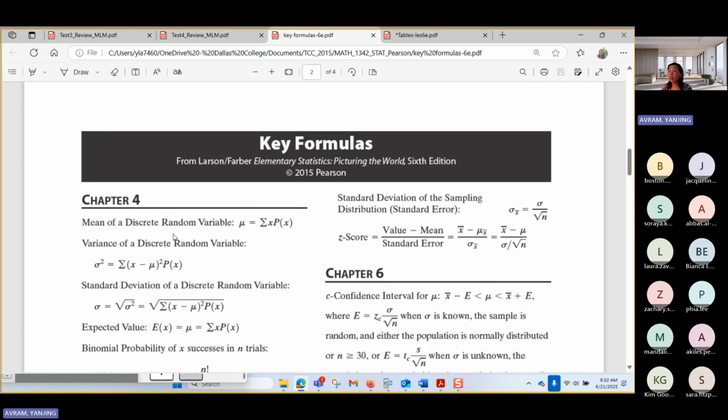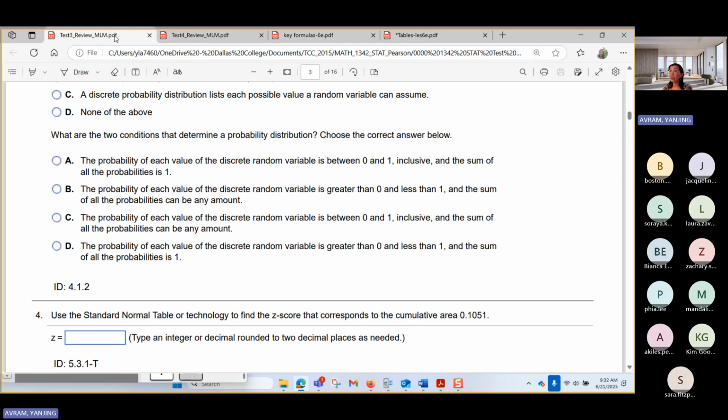So the mean of the discrete probability is using sigma of x times p of x. So x is the data value, and p is the probability. All right. So to determine the variance, you use the x value minus the mean, and then times the probability. So you can look at this formula and say, well, the probability is always between